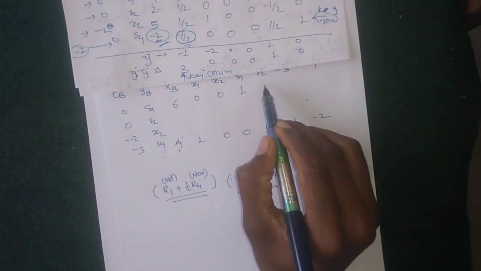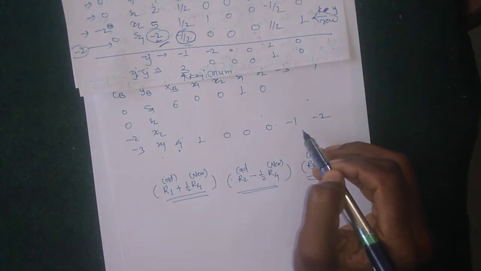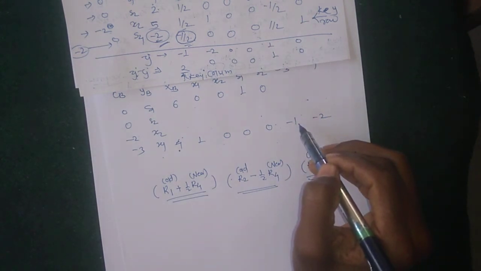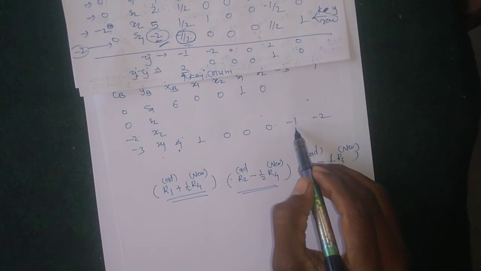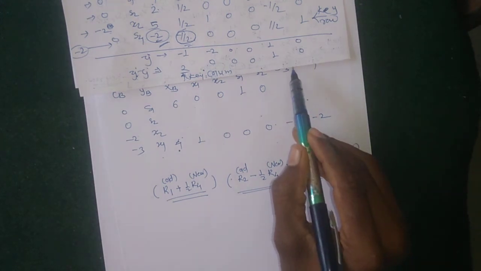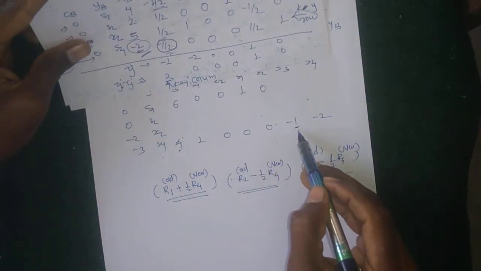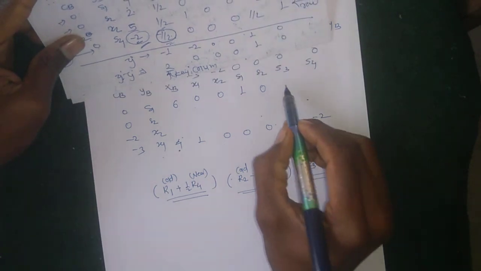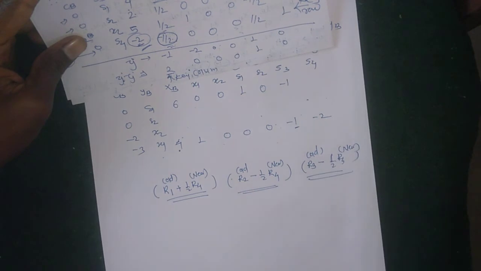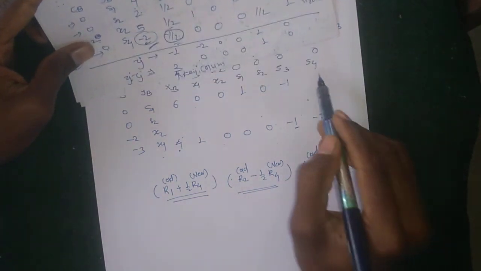For the s3 column, minus 1 by 2 minus 1 by 2 we get minus 1. Then 0 minus 2 is